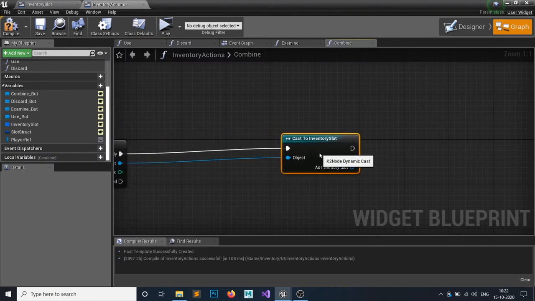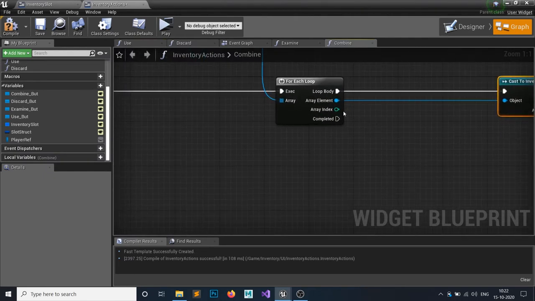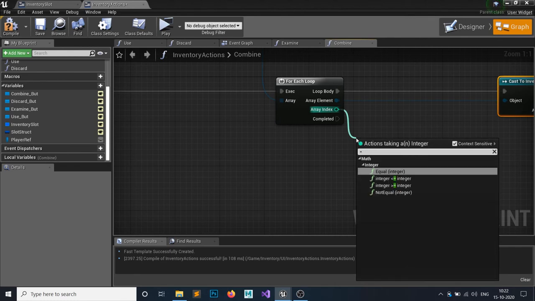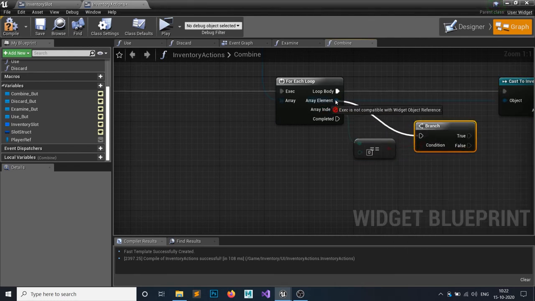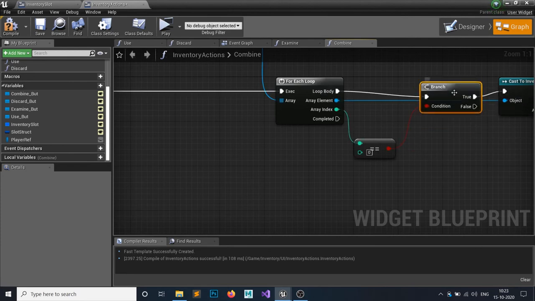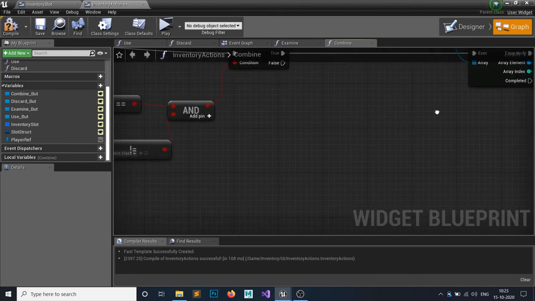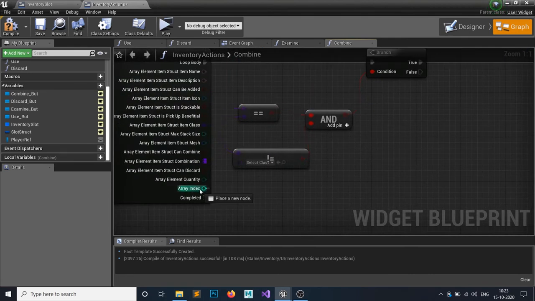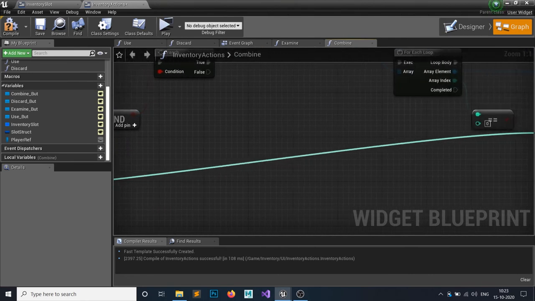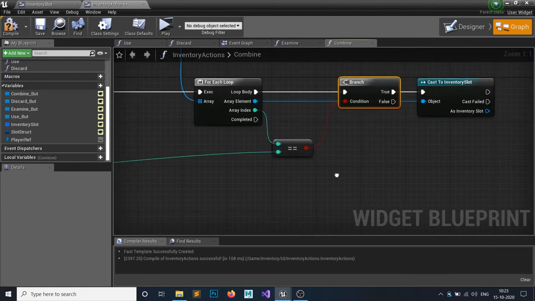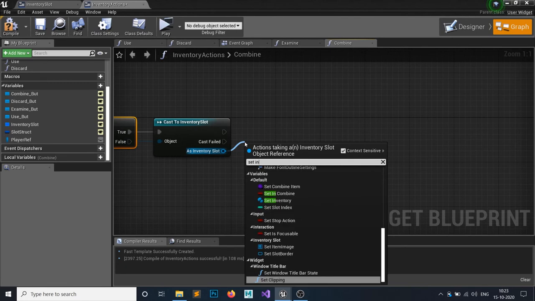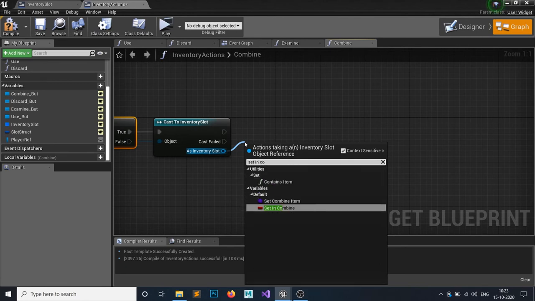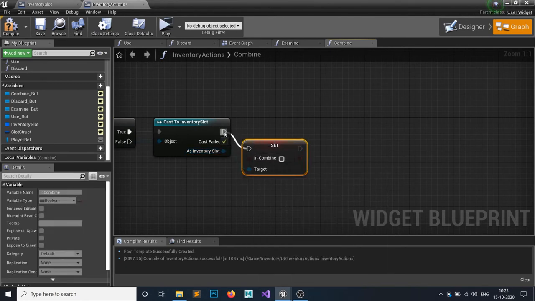But before casting, we want to check if this index is equal to the index we have set or not, for the inventory item, right? So this array index, this one would go to here. So if it's true, then we want to cast. We want to set the in combine to true, the combine mode to true.